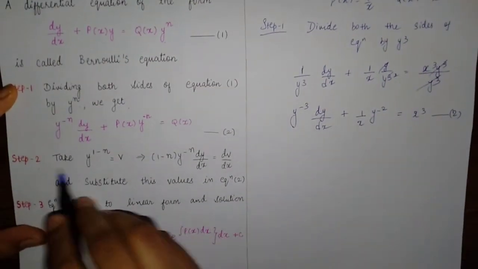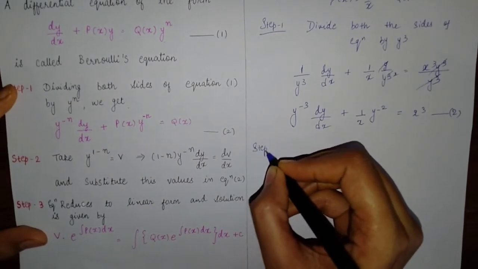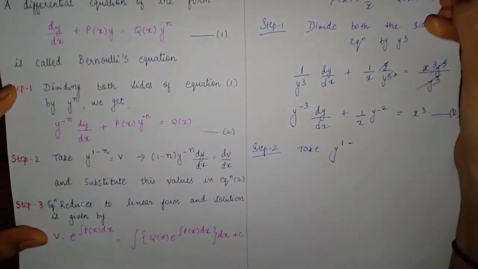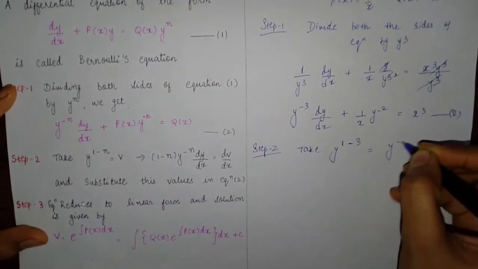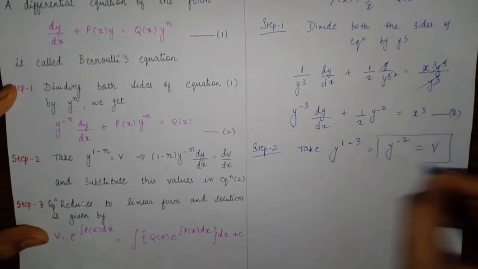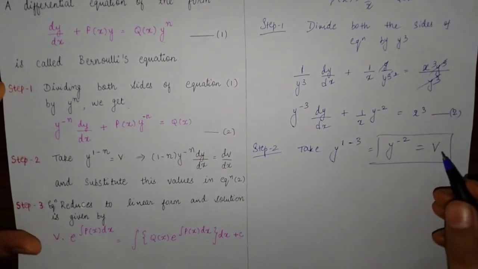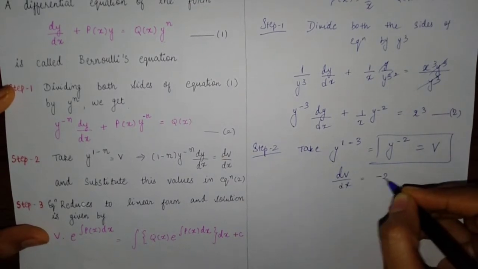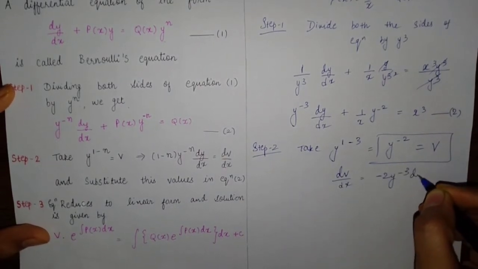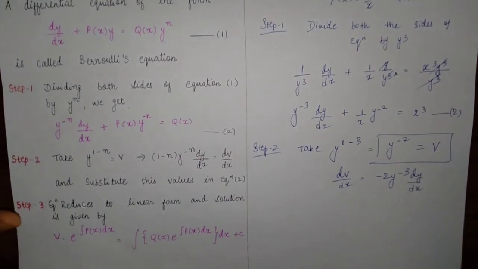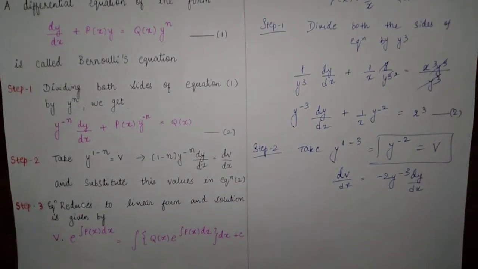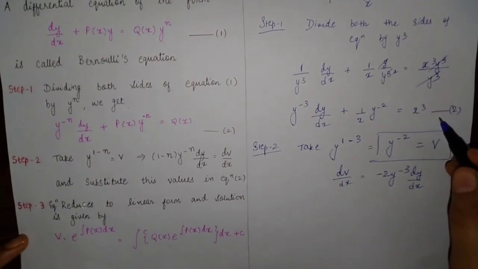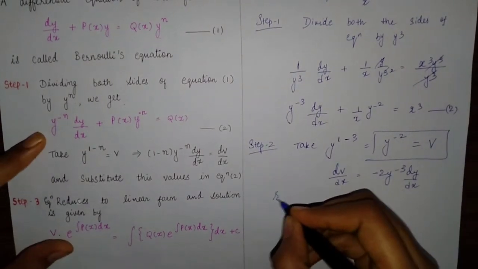Now what you have to do? You have to take step number 2, you have to take y raised to 1 minus n. n is 3. That is y raised to minus 2 equal to v. And if we differentiate, then what we will get? dv by dx equal to minus 2 y raised to minus 3 dy by dx. Okay. So now if I substitute both these values in equation number 2, then equation 2 becomes,